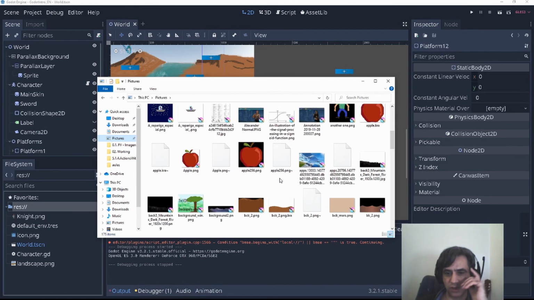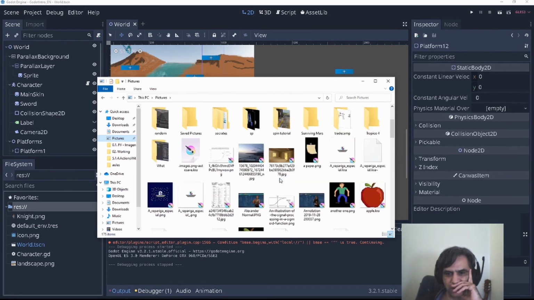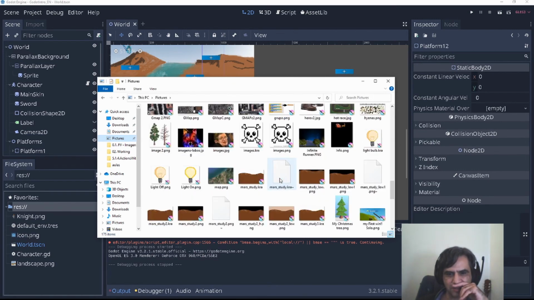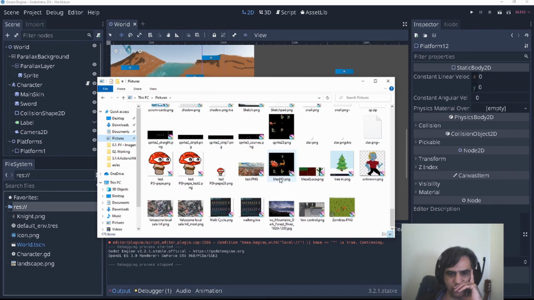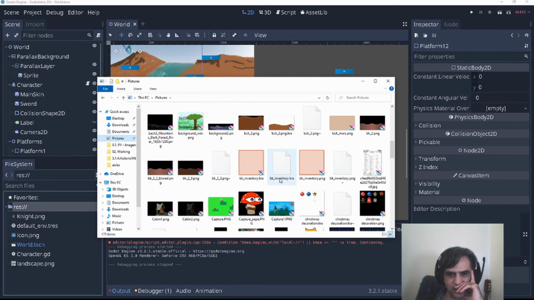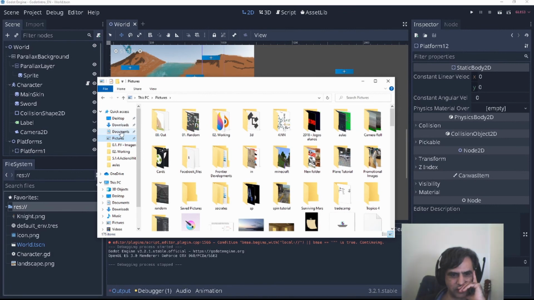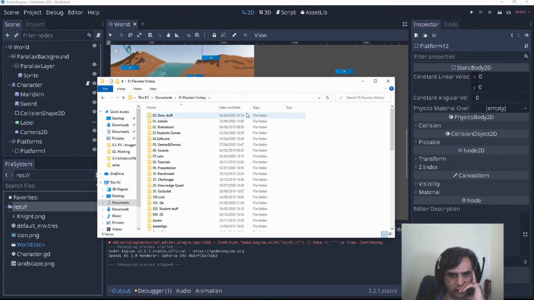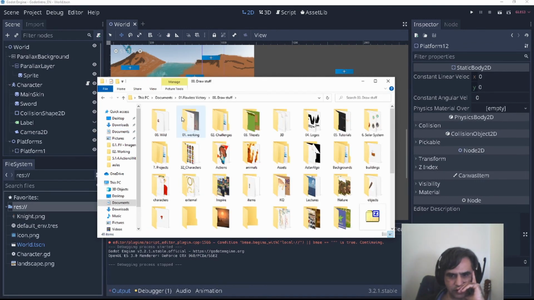I have some clouds. I'm going to add some clouds because I think it's fun to have the clouds in a different layer. And you can actually make the clouds move. That is also interesting. Maybe not here. Maybe documents, draw stuff.